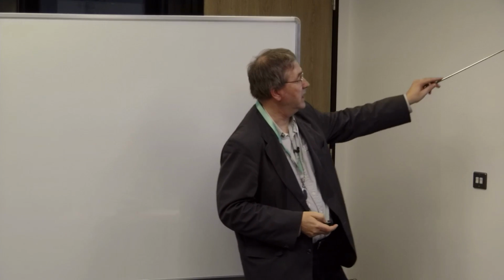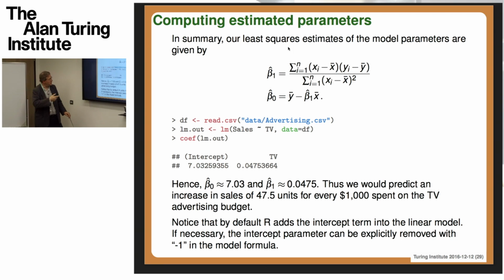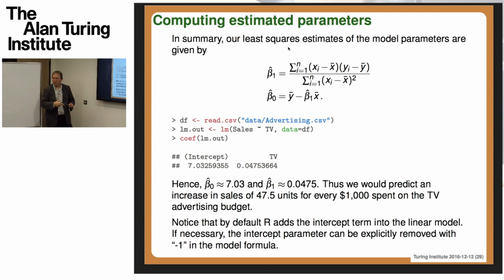Okay. So how would we do this in R? Given data, how would we get our hands on the beta 1 and the beta naught? Well, the way it's done in R is that you read the data through read.csv, and pass that data argument to the lm function, which will fit a linear model for you. Within that data frame there were variables sales and TV, and this is a so-called model formula which relates the left-hand side, the response variable, to the formula on the right-hand side, which in this case is just a single variable TV, but you can build more complicated formulas involving multiple variables as well.